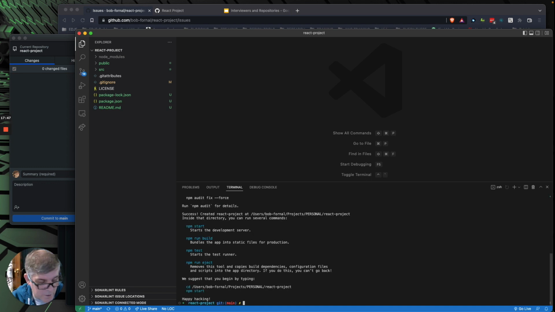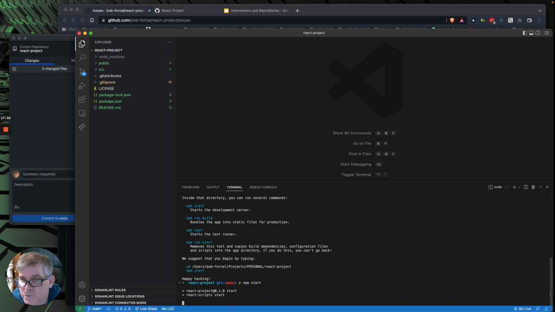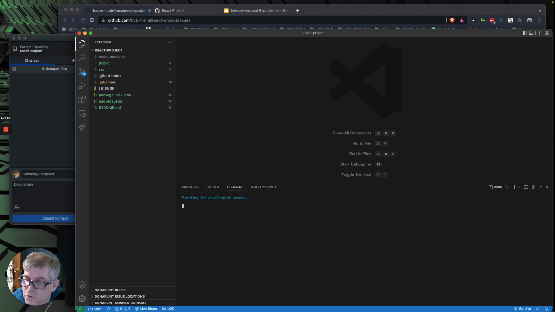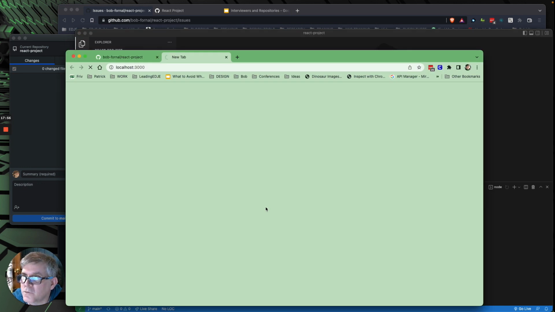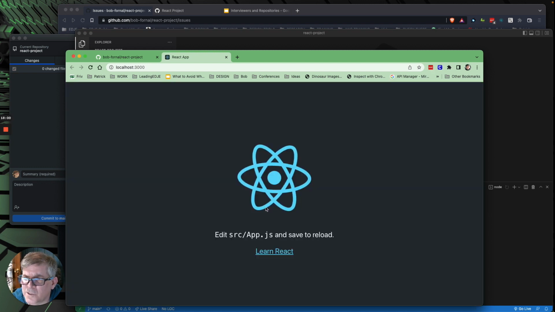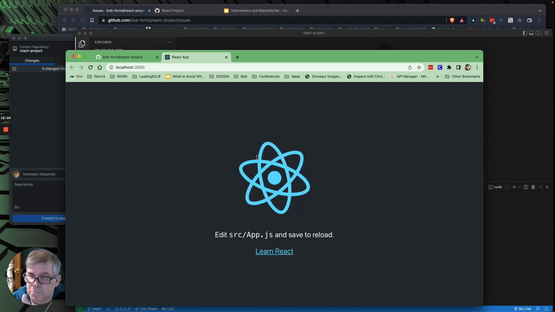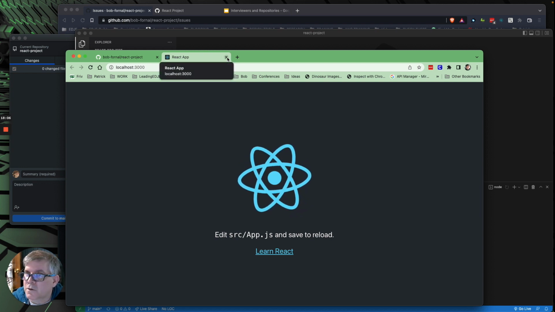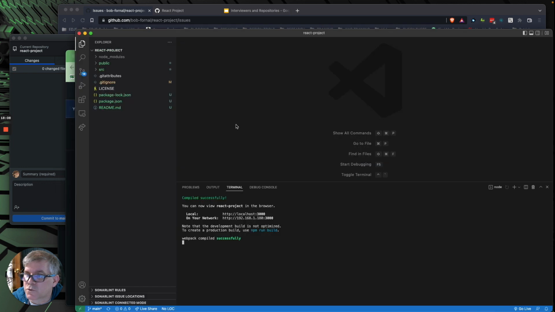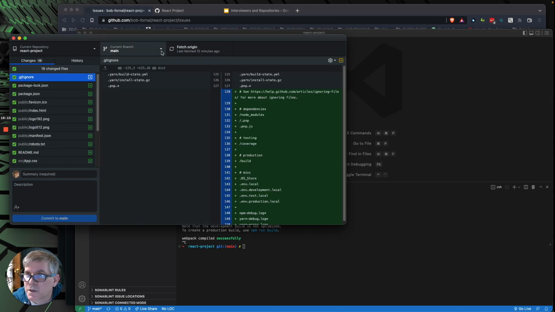So we got this working. Let's do an npm start. Let's make sure it actually works, because I've had times where I've installed some things and found out it didn't work. Most recently with Angular 14, I did install and found out something was broken. It had to do with Safari, the required browser. Okay, this is up and working. Perfect. We like that it's working. That's a good thing. So we got code. It works. I'm going to stop it. So we're going to come back over here, and we need to move this to a branch, and it's really easy with this tool.